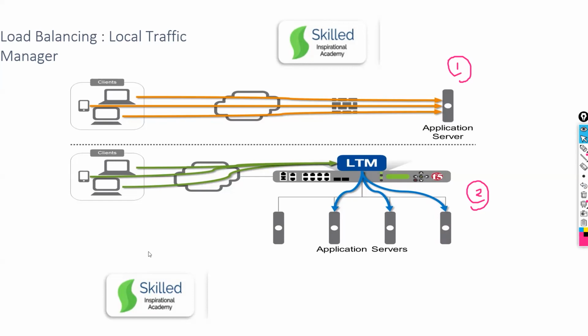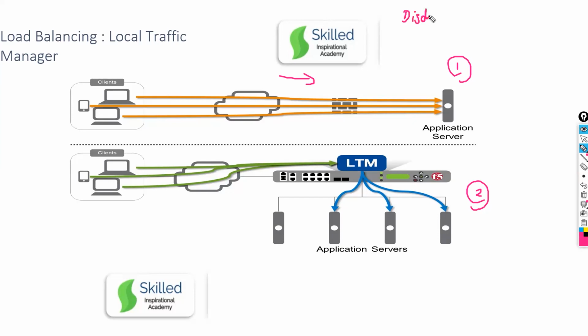Hi, this is Naveen. In the first picture, the internet user is requesting only one server. The request is going to only one server, but in the second picture, the request is divided across multiple servers. So, what does it explain? Is load balancing happening or not? No, in the first picture, load balancing is not happening. Excellent. What is the disadvantage in that case, Naveen?